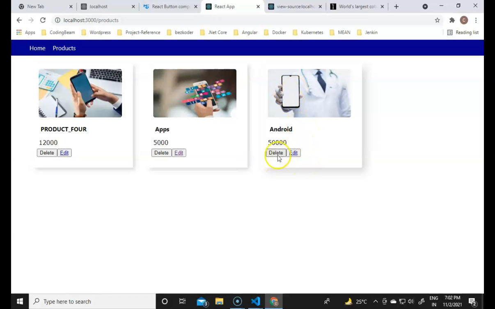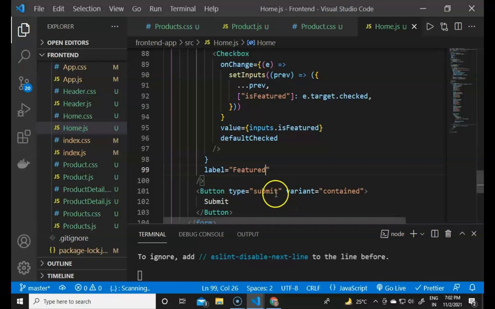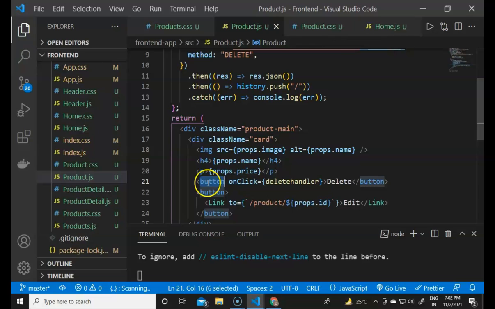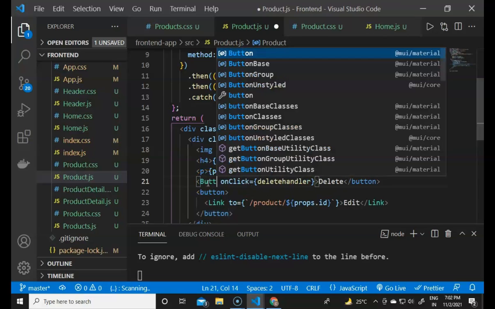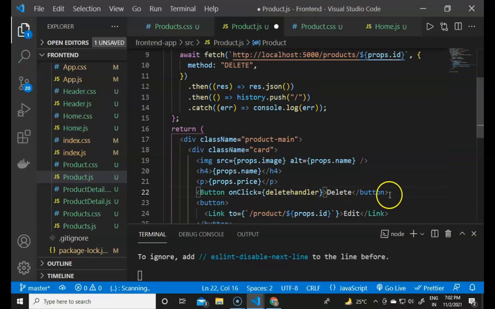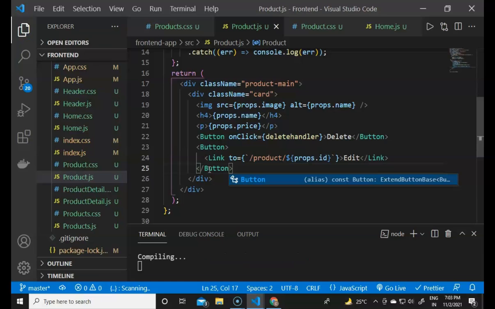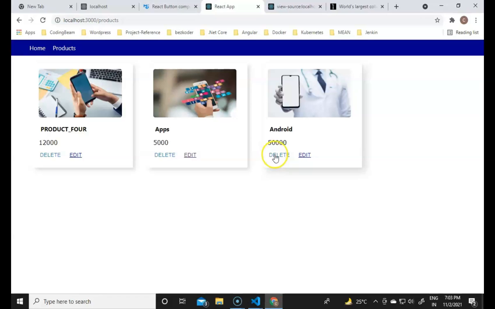So now I will design some buttons here also, and to edit these buttons we can use the Material UI buttons. So we have to use the product, select here, remove the simple button, and import the Material UI button. So if I import the Material UI button, it will look good, like the button, and from that also it will contain the button, and this also will contain the button. So if I save, then you will see it will look good.